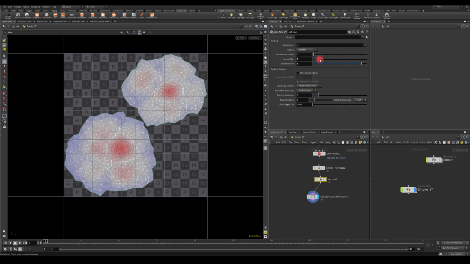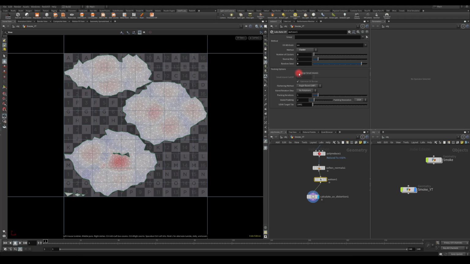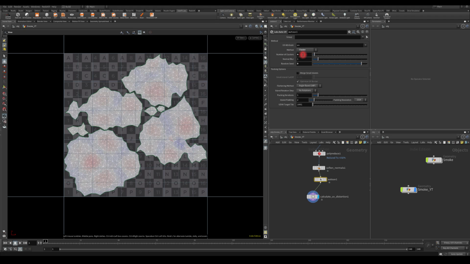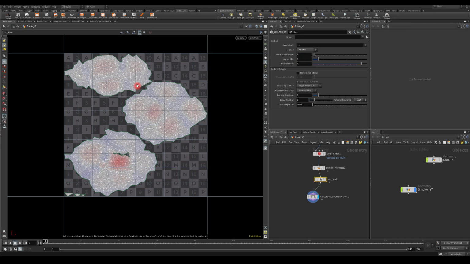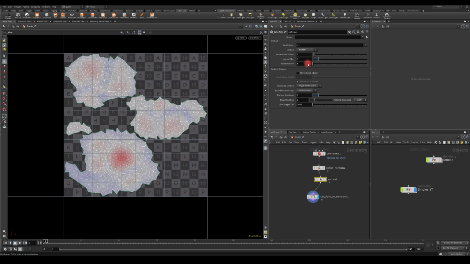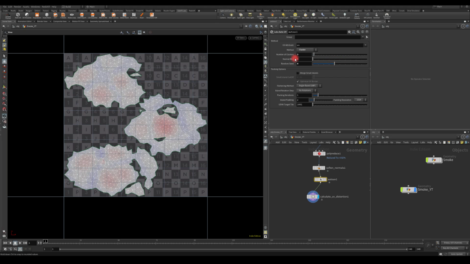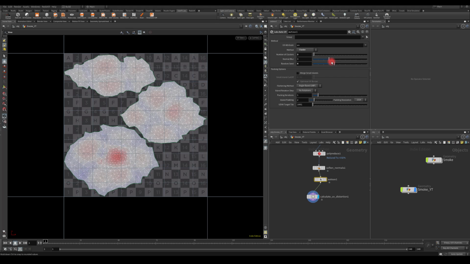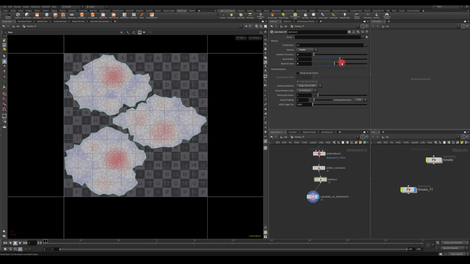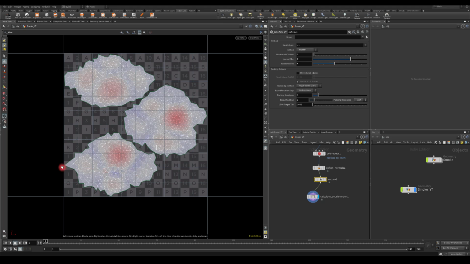Okay, so I'm not having any luck with this, so I'm gonna increase the number of clusters. I think 4 will be too much, so I'm gonna try it, keep it to 3. I'm gonna play with the random seed here and maybe with the normal blur as well. Okay, so I think this is a good compromise. We're having 3 clusters and there is a little bit distortion, but not that much. It's not like we're gonna be displaying any texture on it, but just for the stylized erosion, we need this to be